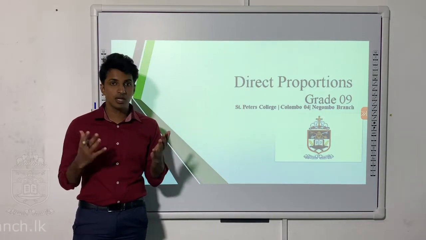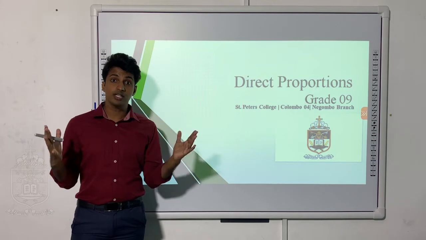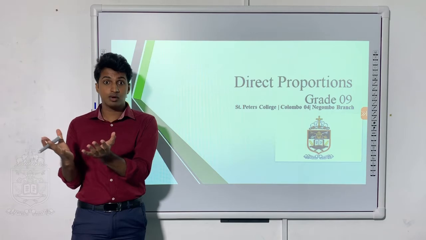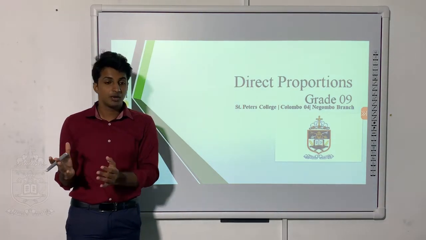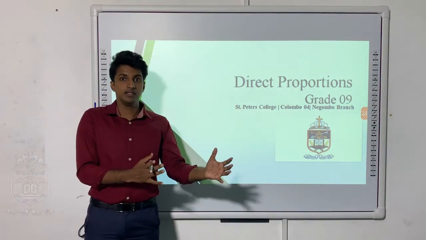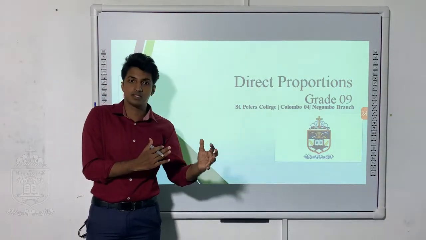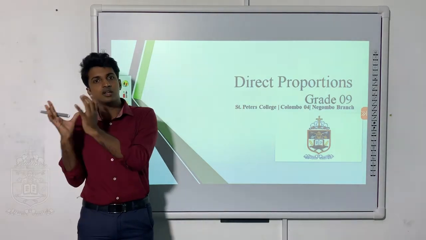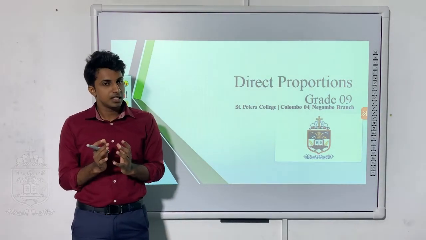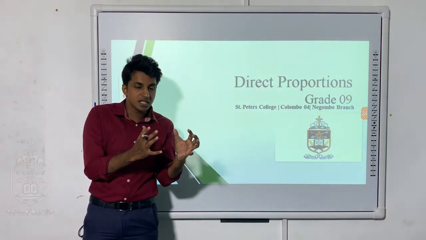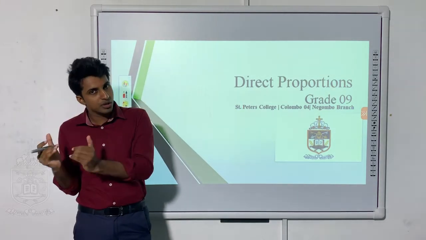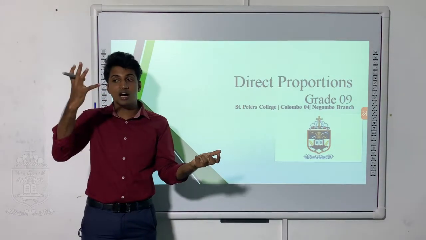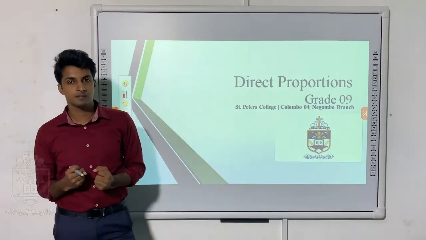Now, you are in grade 9, and you have about 13 subjects to study. So for 13 subjects, you have an amount of lessons to be studied. But when you move from grade 9 to grade 10, the number of subjects will decrease. When the number of subjects decreases, the amount you have to study will also decrease in a certain way, right? That means when one quantity is decreasing, the other quantity also decreases.